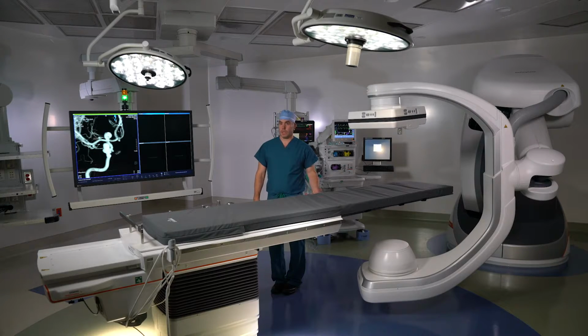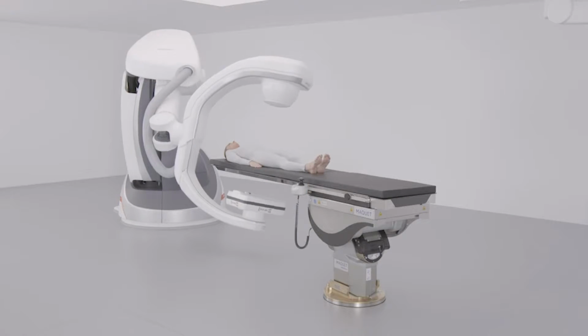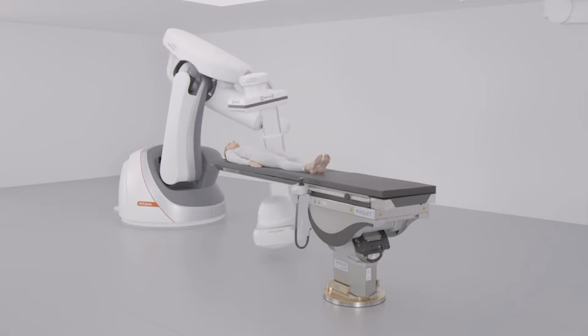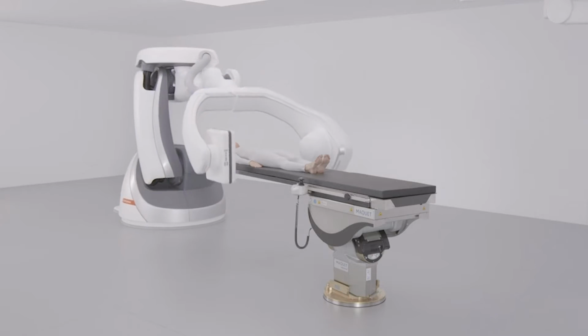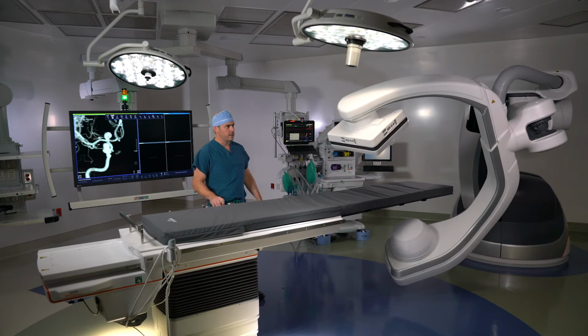treated in this manner. The Siemens Pheno device is a robot that employs cutting-edge technology to allow us exceptional imaging when performing these procedures. A patient receiving an endovascular procedure would come into the operating room and be positioned on this table. We're then able to use the device to gain whatever angles we need or positioning that is required to perform these effectively. As the patient's on the table, the device will take X-rays that then appear up on